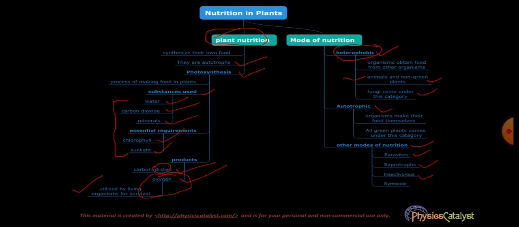And nepenthes also. The last one is the symbiotic relationship. In a symbiotic relationship, some organisms live together and share shelter and food with each other, and both the organisms are benefited. Example: some fungi live in the roots of trees. These fungi take food from the trees, and in return they help the trees in absorbing water and nutrients from the soil.